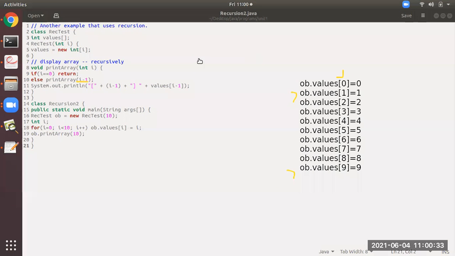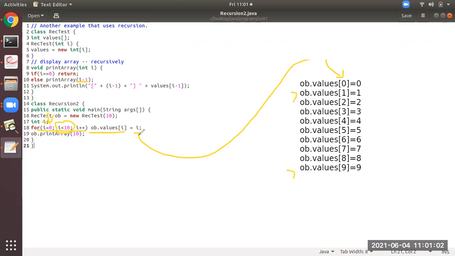Okay, student. See, as I said just now, this for loop is there, no? How many times will this for loop evaluate? 10 times, starting from 0. Okay, so 0 less than 10 it will be till. So for how many times? 0, 1, 2, 3, 4, 5, 6, 7, 8, 9. So the for loop will be evaluated 10 times. So for the first time, you see ob dot values of 0 is equal to 0. That is this in the memory. Then again, after incrementing of i plus plus, ob dot values of 1 equal to 1.